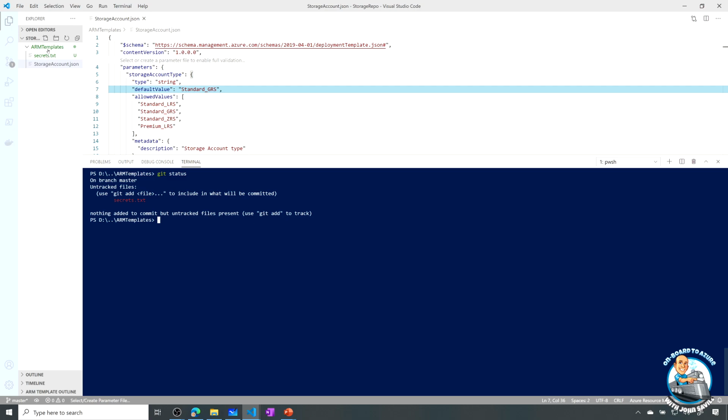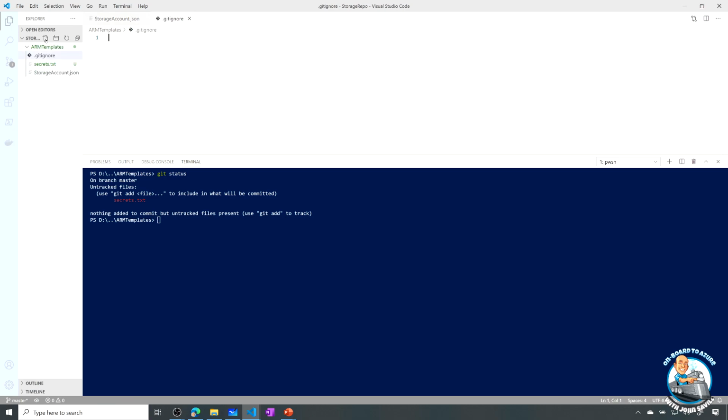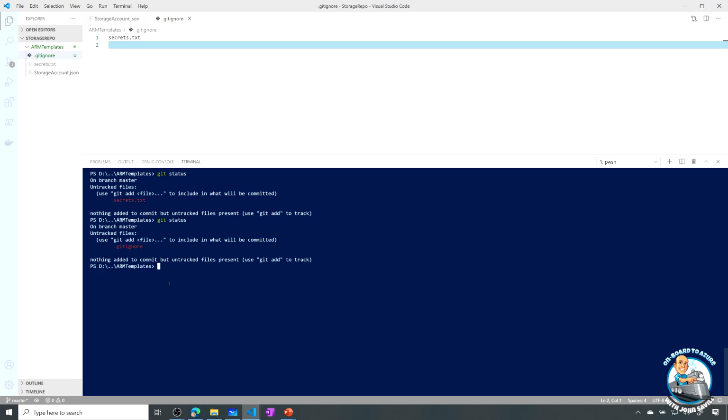So if I have files that I don't want in a certain folder, I can just create a file called .gitignore. And in that file, put the names of the files you don't want and save it. As soon as I hit save, notice secrets has now gone grey and disappeared. That's what that does. It's now not tracking it. Now, git status will now say that the .gitignore file needs to be there, which I want. I'm quite happy. Now I can just do git add,